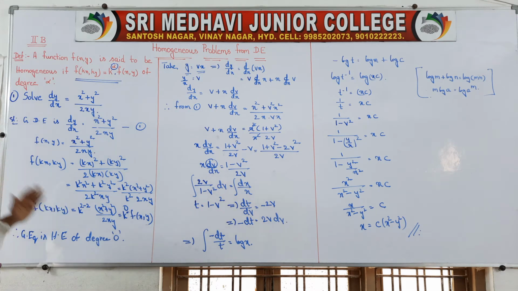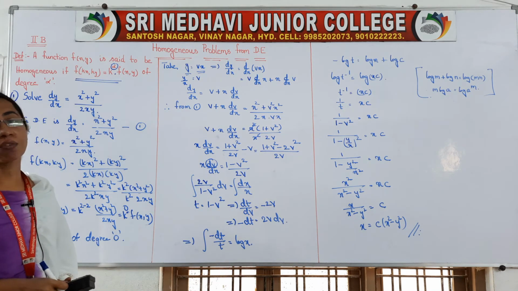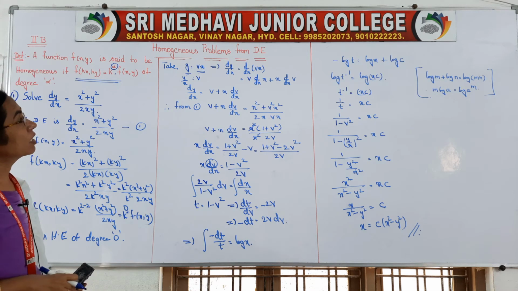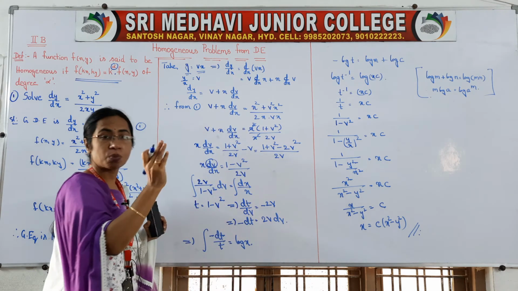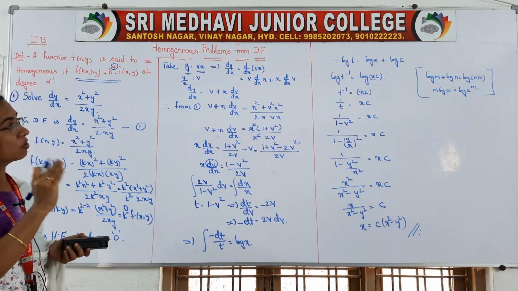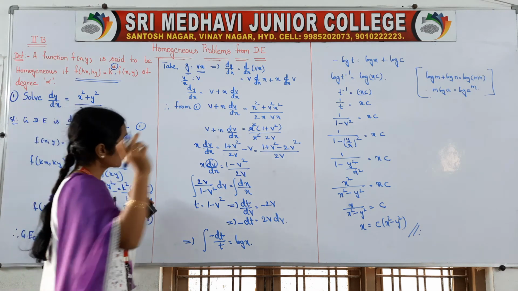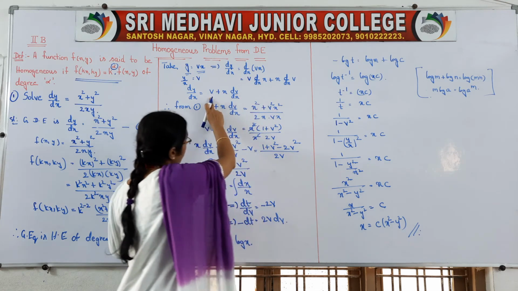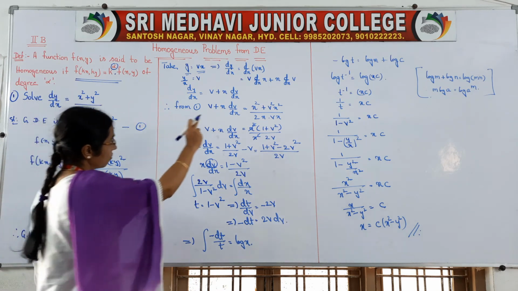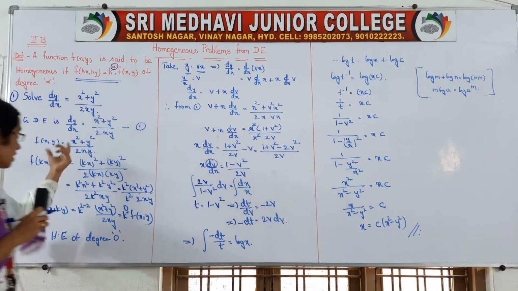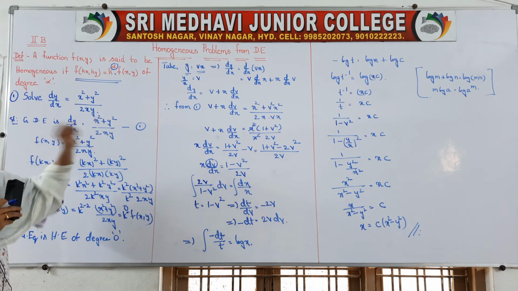So whenever the given function is a homogeneous equation in differential equations, we have to take y is equal to vx. Differentiating with respect to x on both sides, it is in product form, so v into d by dx of x plus x into d by dx of v. d by dx of x is 1, so v into 1 is v, plus x into dv by dx. So from equation 1, instead of dy by dx we will write v plus x dv by dx.